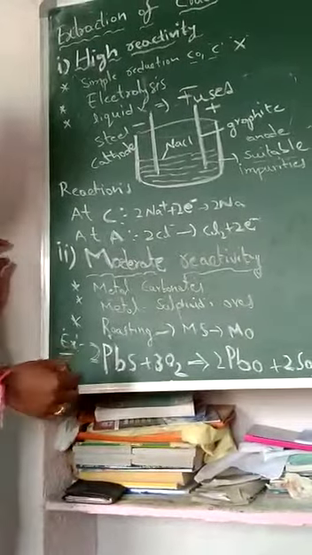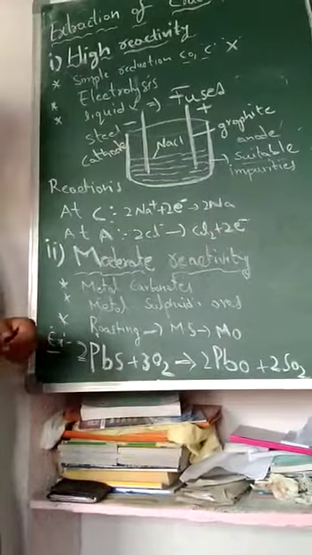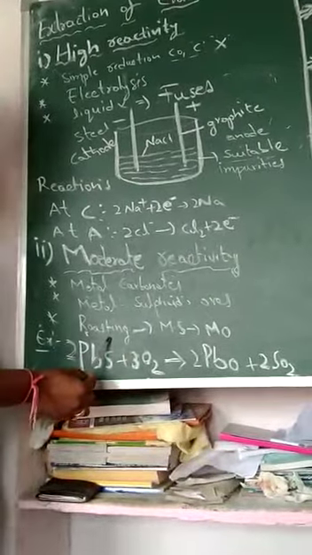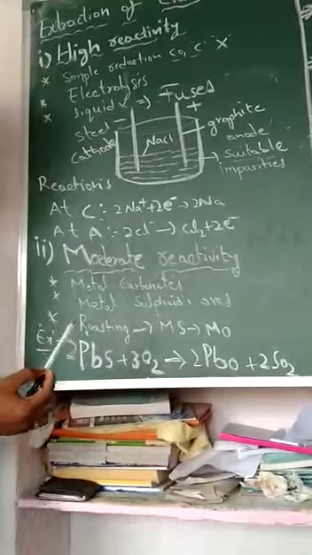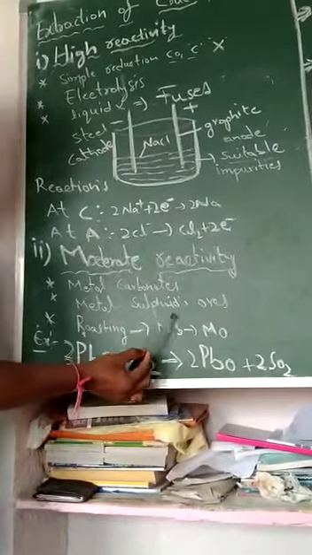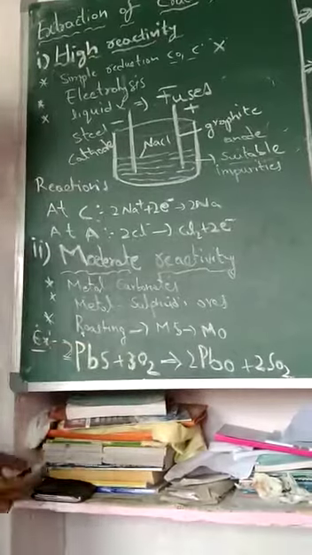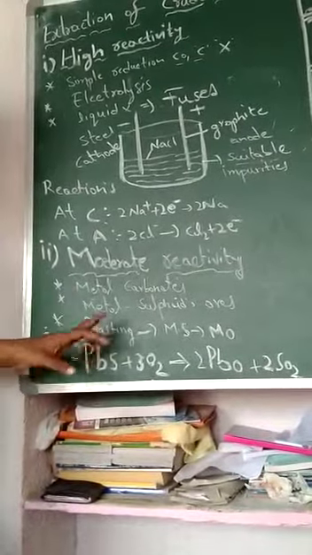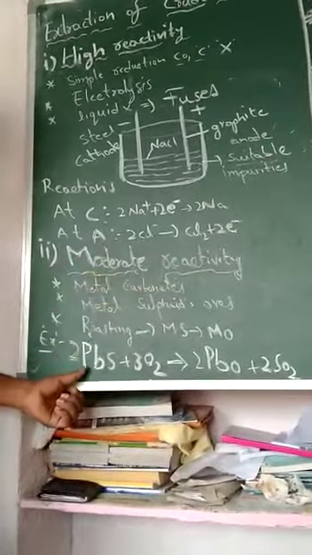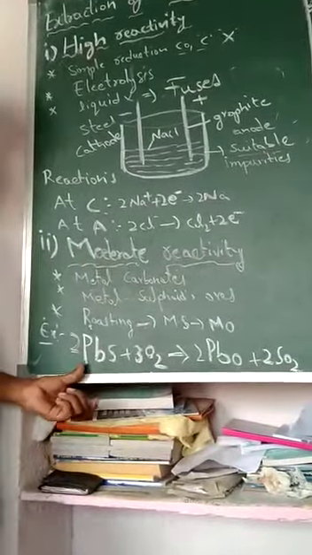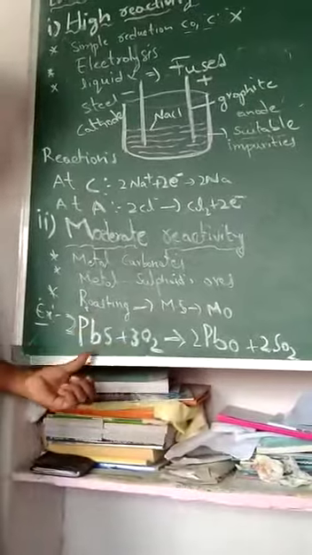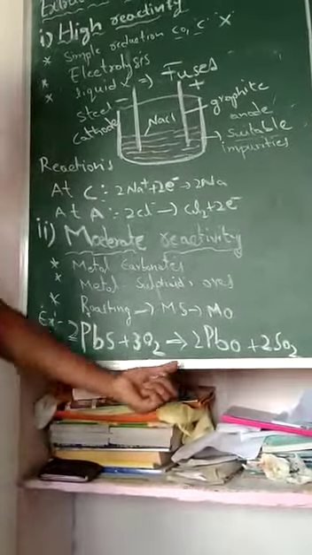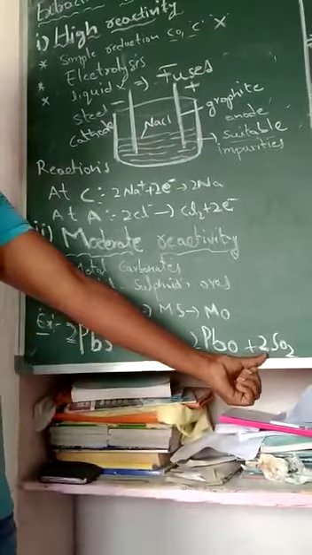So what is roasting? Roasting is nothing but burning of the ore at a higher temperature in the presence of oxygen. This process is roasting. Roasting is especially conducted for conversion of metal sulfides into metal oxides. Next, an example of extraction of crude metal for a moderate reactivity metal: galena, PbS. When this PbS ore is burnt in the presence of oxygen, in the simple roasting process, it becomes 2PbO plus 2SO2.